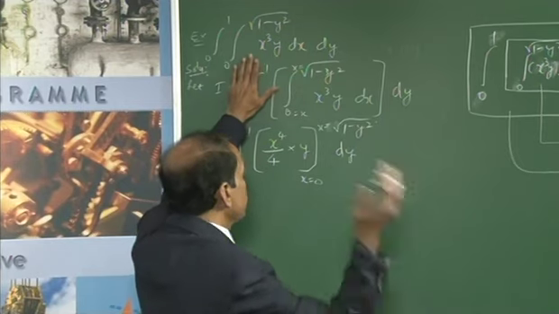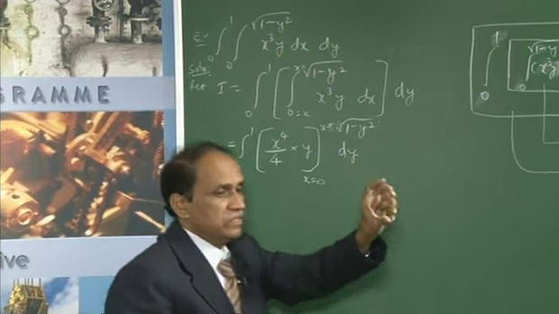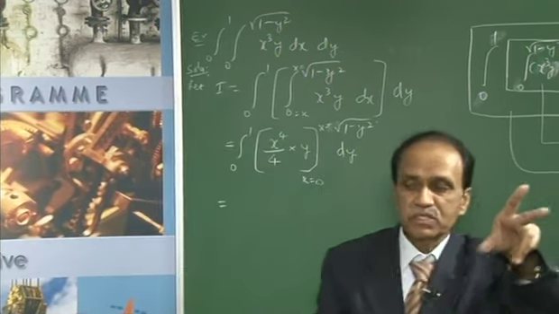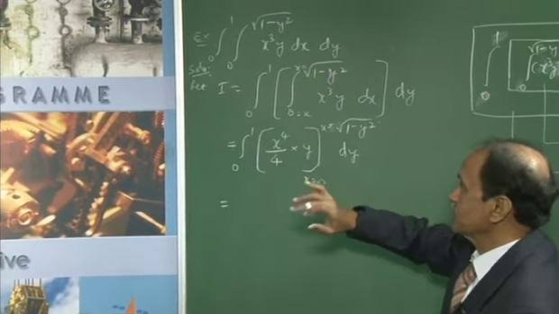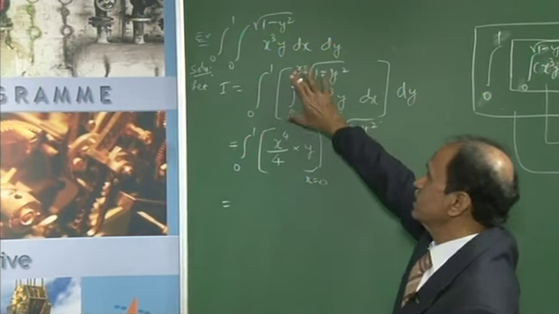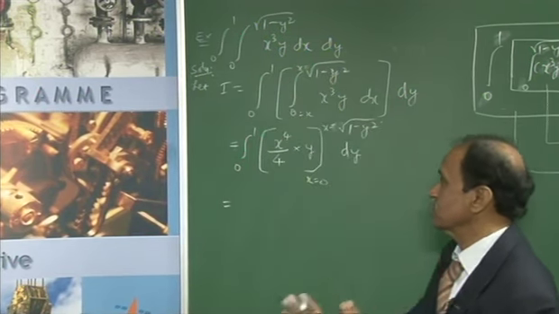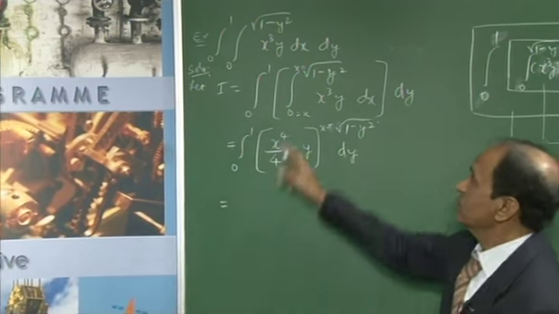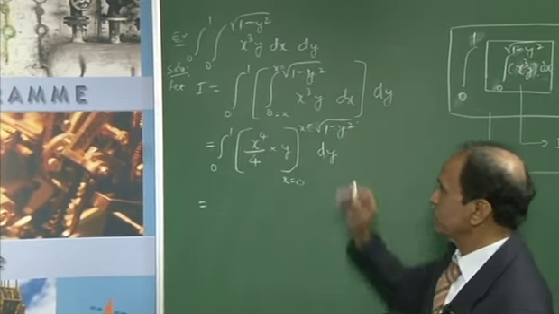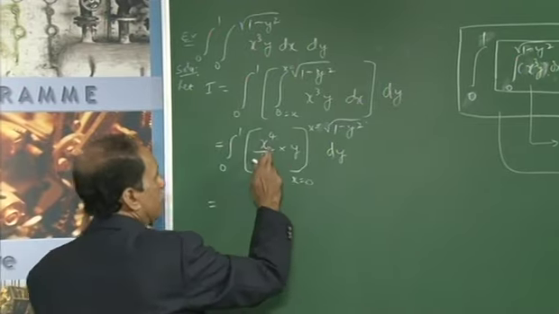But in the previous two problems we came across, both symbols were representing the limits as constants, but here in this integration one set of limits are variables and another set of limits are constants. So, you have to handle very carefully the variable limits,